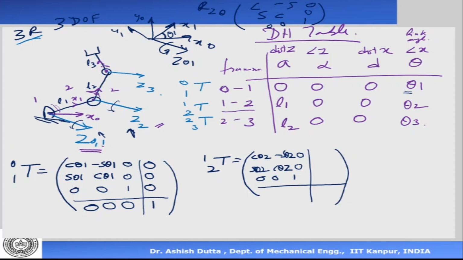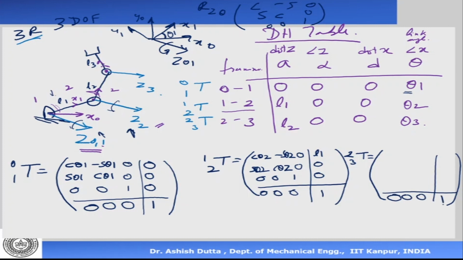What is the distance between the origins? Now the two origins are different. What is the distance between them? It's L1, L1 in the direction of x. There is no distance in y, so it is 0, and this is 0. This is always 0, 0, 0. There is a more systematic way of writing this matrix easily, and I'll come to that. This is just to explain how we write our transformation matrices. This is 2 and that is 3, and 0, 0, 0, this is 1.